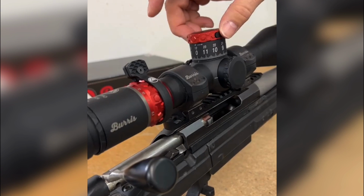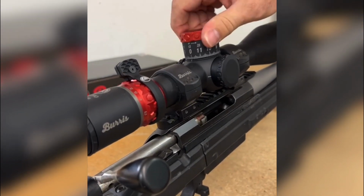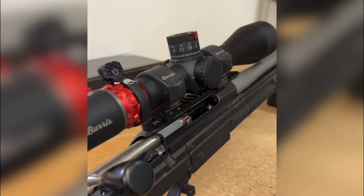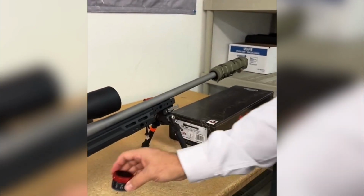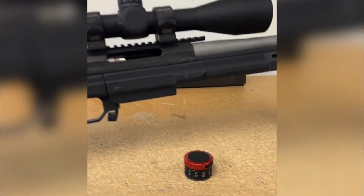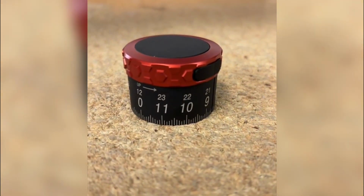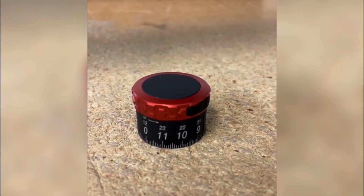We've got some buttons here on the side. One thing we'll point out on these is we have gone to a QD outer dial. So this dial is a nice lightweight dial, easy to replace. A feature with this one is that it includes a race dial in the package. So if you are doing the competition